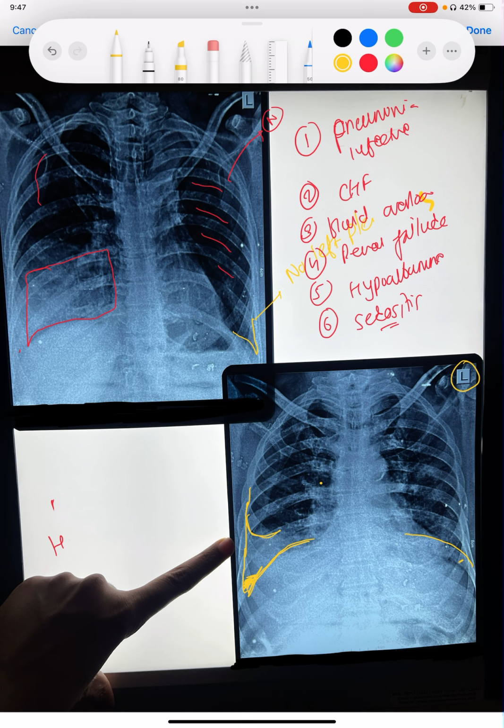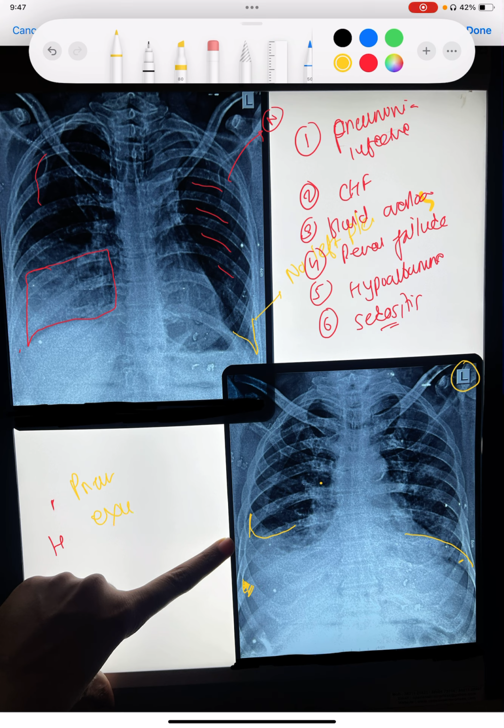What you see is a meniscus where the tip of that meniscus goes towards the costal margin. So this type of meniscus you will see, and here we very clearly can see the meniscus. So this is all meniscus. But in here, the meniscus is not that prominent. So the left-sided angle is completely clear, and on the right side there is a patch and the angle is blocked. So this is most likely pneumonia with